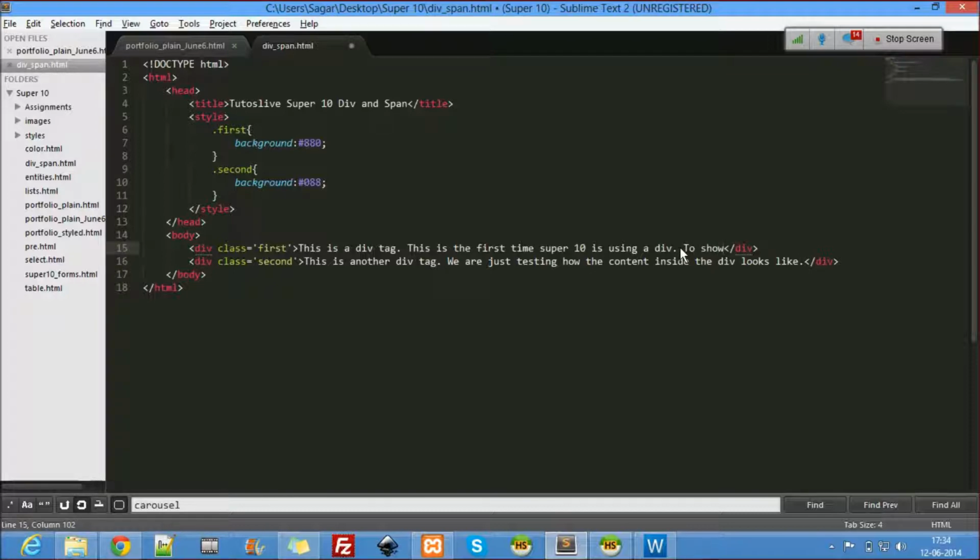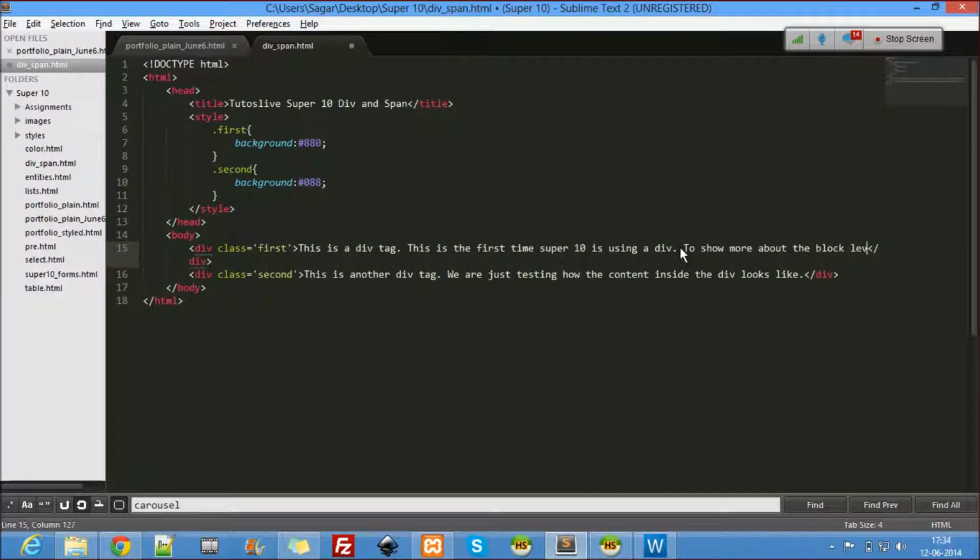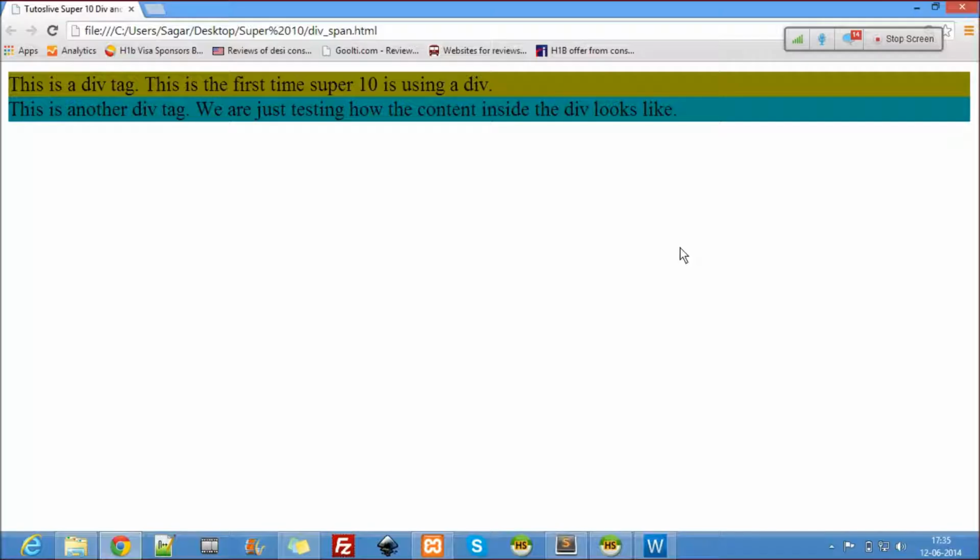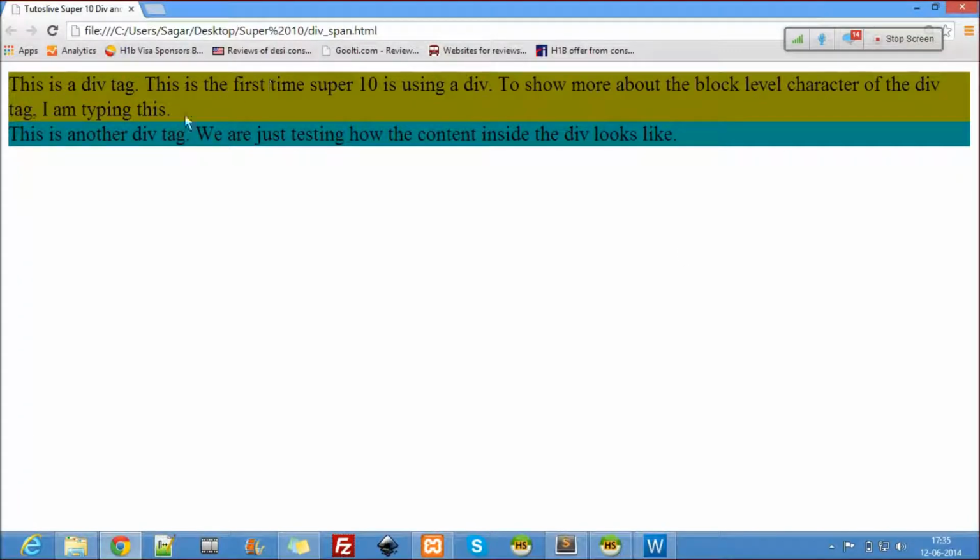To show more about the block level character of the div tag, I am typing this. You see here, it's a block level tag because though it has entered here, it's occupying the whole space. So div is a block level tag.